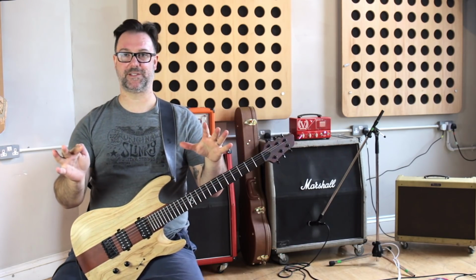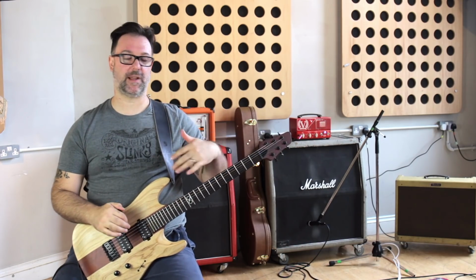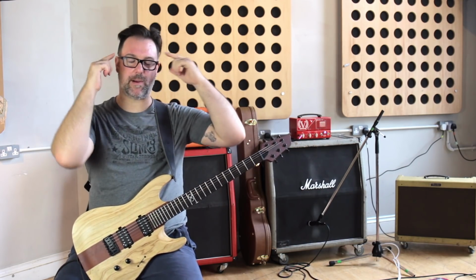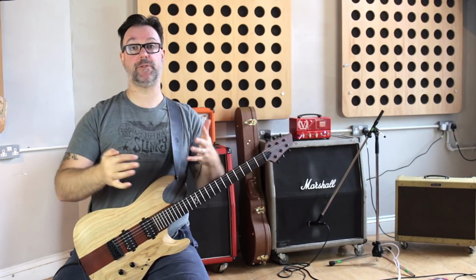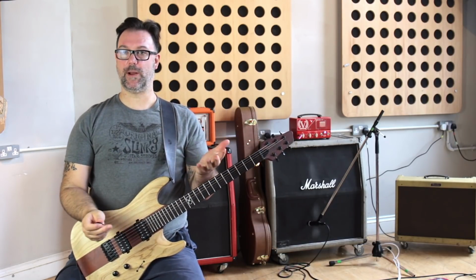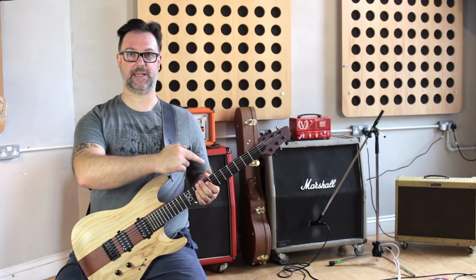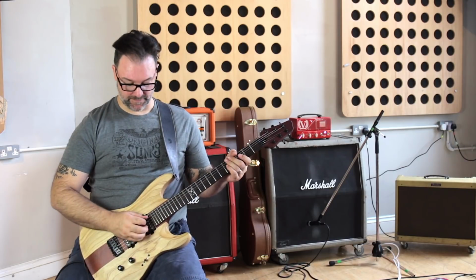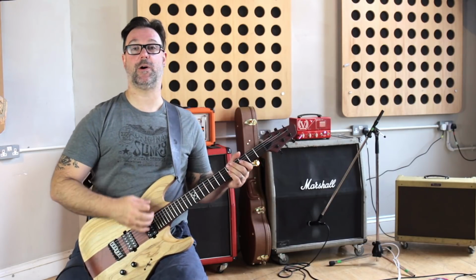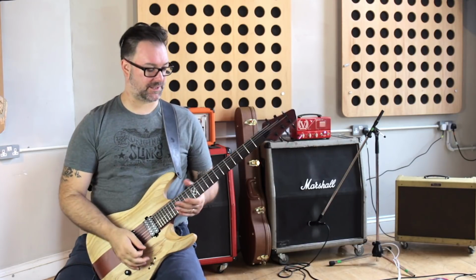So that's the rudiments, but I can make it way easier for you. If you're having a problem playing chords, or you don't want to think about chords and scale at the same time, and you want to improve your lead playing, we're lucky because in the key of A, the progression would be A, D, and E. And if you look at the strings, you've got an A string, a D string, and an E string. So you've probably already thought ahead and realized you could just be like...